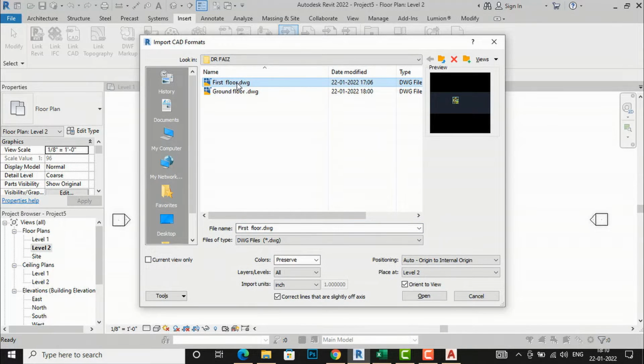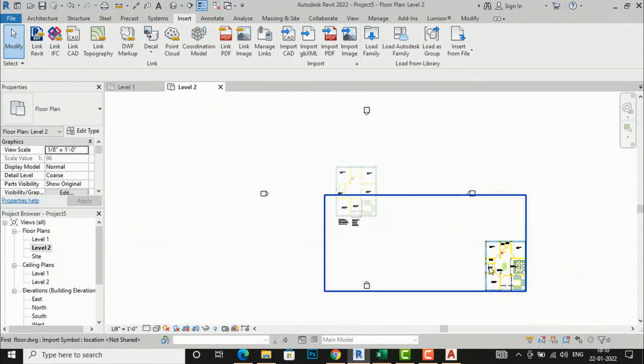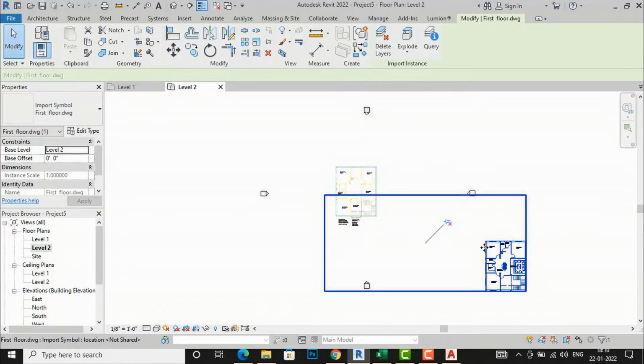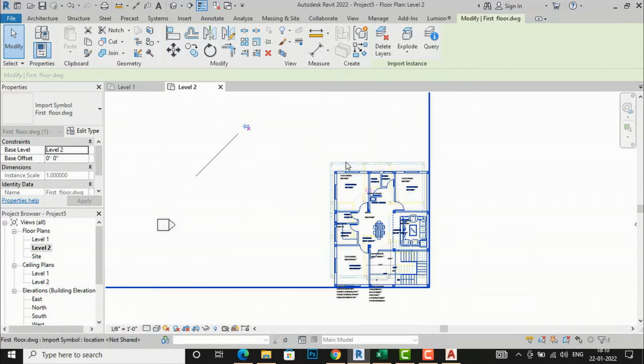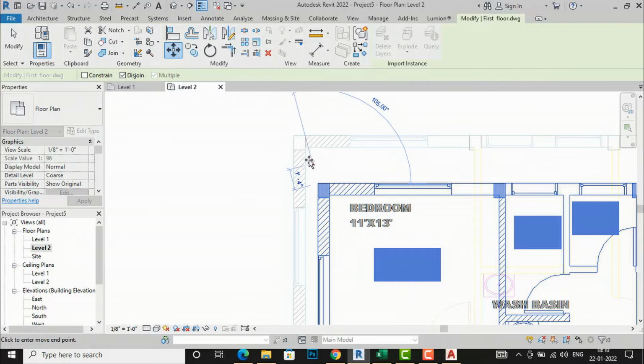this one, first floor drawing, and you can leave the default setting, and I will open this, and you can see this is the first floor drawing. I will make it superimpose here. I will unpin it, and then I will move this here, and I will use this move tool, and I will click this corner of column and paste it here,